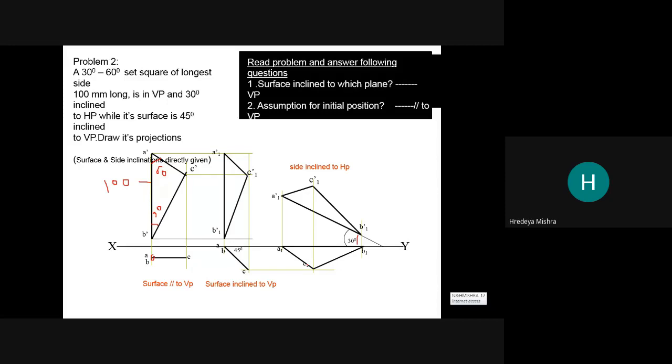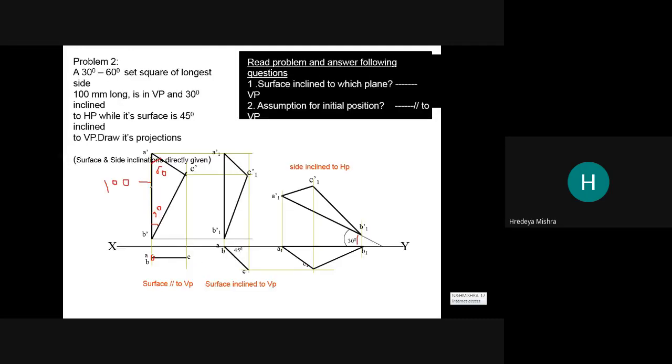So today we take one more question, and after that we can close this session. So next problem, a 30-degree, same question is there, but some information is changed. A 30 degree, 60 degree set square of longest side 100 mm long, is resting on the HP and its surface is 45 degrees inclined to the vertical plane. One end of the longest side is 10 mm and the other is 30 mm